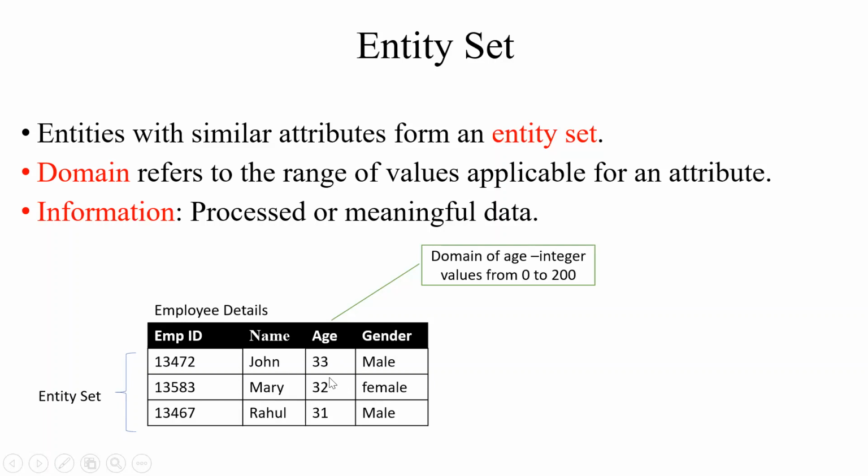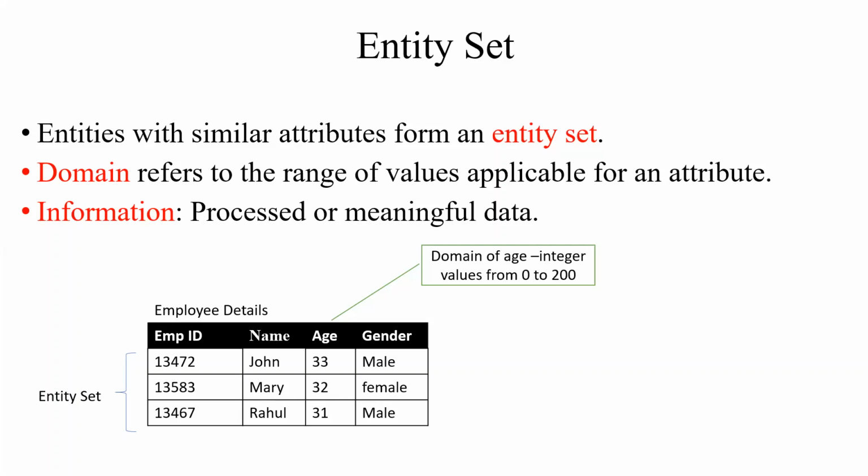What is the domain of age? The set of values which are applicable for that particular property. Age, what is the minimum and the maximum age for a person? If you are starting from 0 and with the months, if you are just born, we will be telling with the months, you can start from 0 because at birth, for birthday only we will be telling it as 1